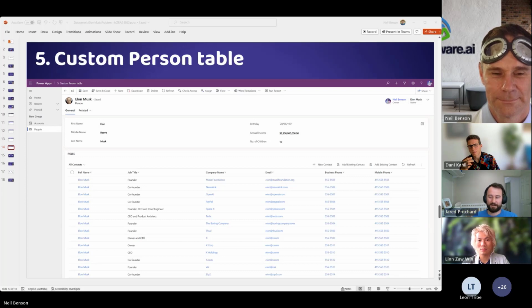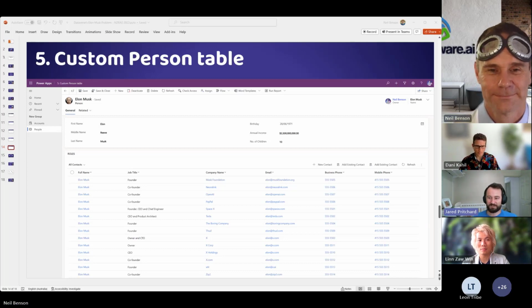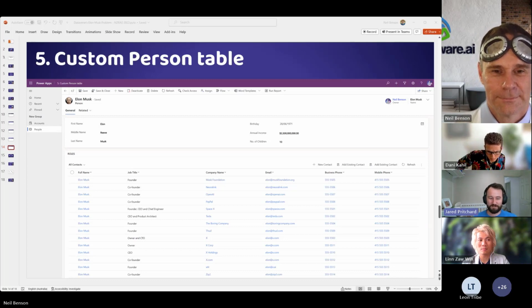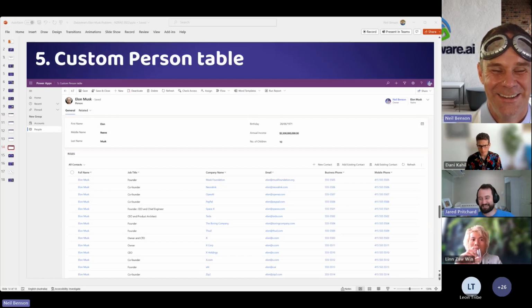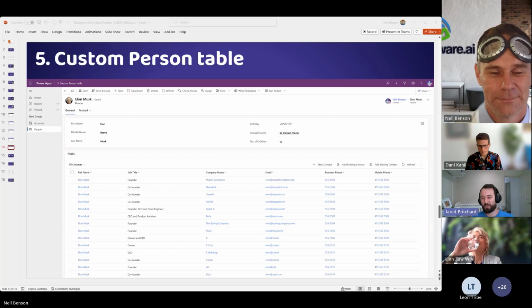I think it is just a trade-off, right? And I think the strongest options you've had are that custom role table. I think the leads is a really interesting one. You wouldn't use that if you need to use leads in other out of the box things. Or if you're using the sales leads and opportunities and so on, you'd probably steer away from that. It's probably a small risk of Microsoft clobbering your changes if they make some changes to leads. True. But the way you're using it, probably not a huge risk. You're probably just adding a lookup and a couple extra fields and forms and things. That's probably pretty safe. Yep.